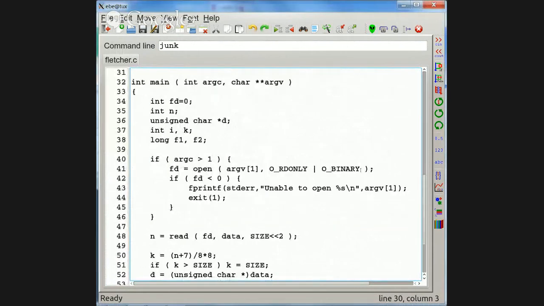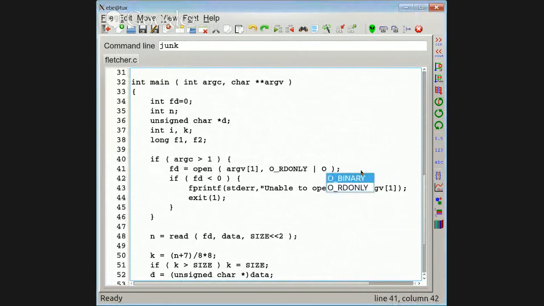With Windows, you have to worry about whether a file is binary or text. The reason is if you're reading a file in Windows and you don't specify binary, anytime it encounters a carriage return followed by a new line, the read function will change it to just a new line character. So if you're trying to do a checksum, you're not going to get a checksum that would be the same as you would under a Unix computer. It also does a little goofy thing. If you try to read 100,000 bytes, you'll get 98,000 or something, depending on the number of lines. So it'll have fewer bytes than you've asked for.